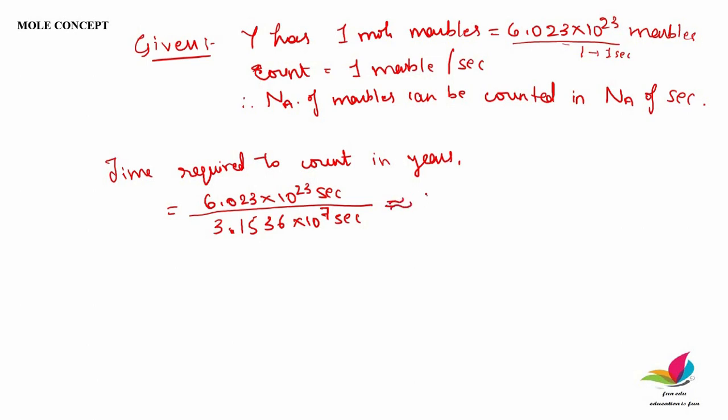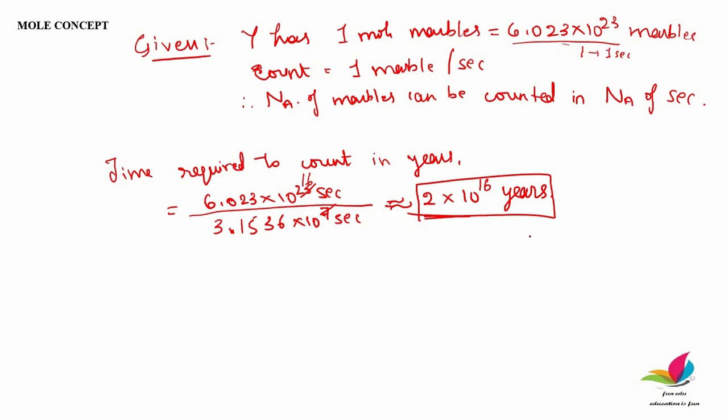So we will get the same answer as before. In the previous question we got the answer as 2, approximately. So we will get the same answer, 2 into 10 to the power, here the power is different, 7 and here 23. If you cancel, how much will you get? You just calculate this, and finally you will end up with 10 to the power 16 years. So the final answer is 2 into 10 to the power 16 years.